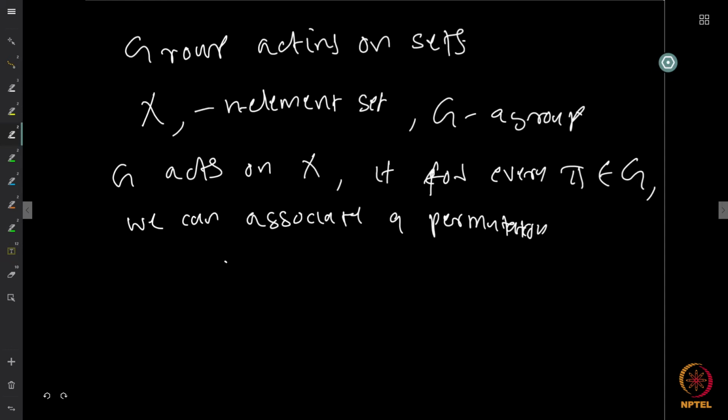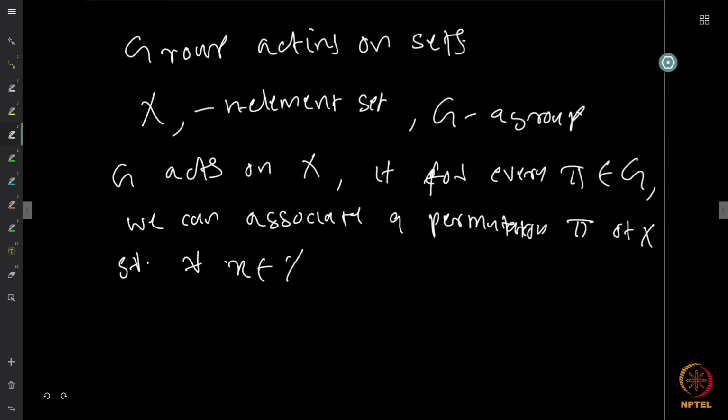We will overload the symbol by saying that pi is also a permutation, so we will use the same symbol, a permutation of X, right? So a permutation of the elements of X, such that for every